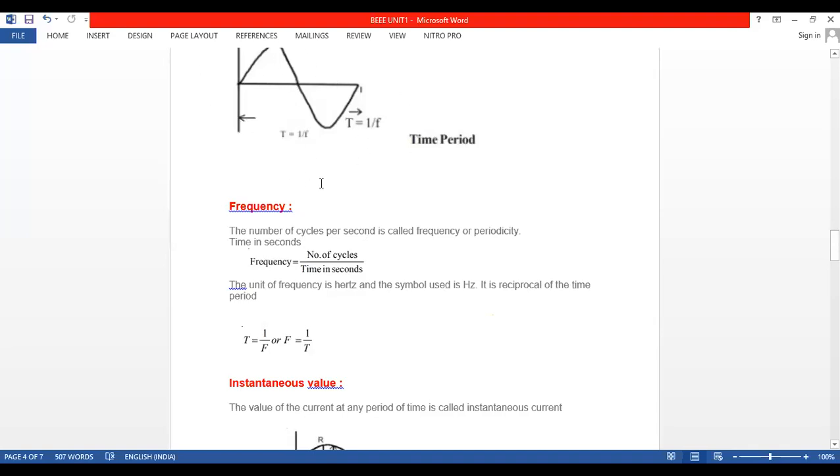So you must remember, in India, when we are generating the AC current, there are 50 cycles per second. That's why the frequency in India is 50 hertz. The unit of frequency is hertz, H-E-R-T-Z. Okay, here we have written. In 9th class also we have this, in 9th and 10th. The number of cycles per second, in 1 second, is nothing but the frequency. The unit of frequency is hertz. And again the formula is F is equal to 1 by T, or T is equal to 1 by F.